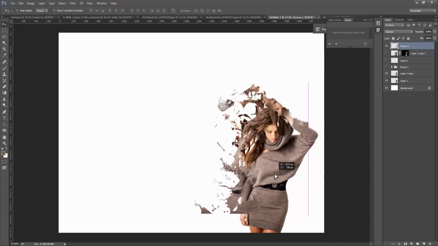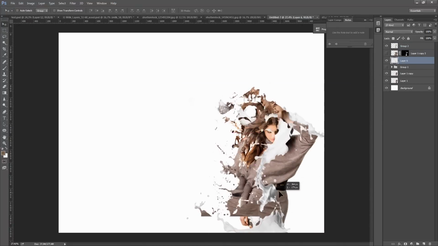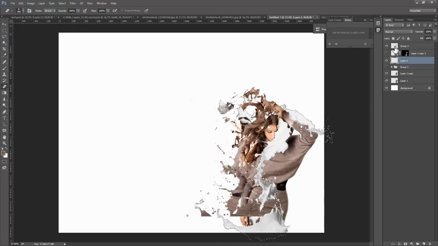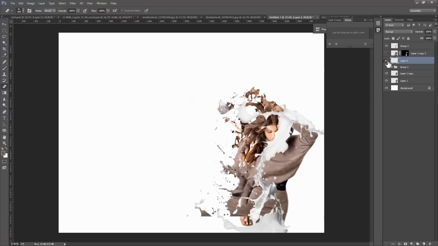So I'm just going to play around here, and I'm going to grab the milk and move that around, and then when I want to delete something, control click on that, select the layer above, and then erase that, so we're kind of erasing with this splatty pattern. Alright, so I see stuff more I want to get deleted. The way I'm going to do that is taking the same layer again, moving it around, and at this spot